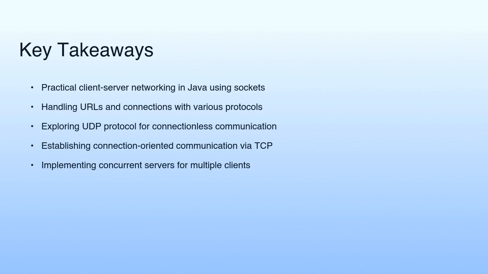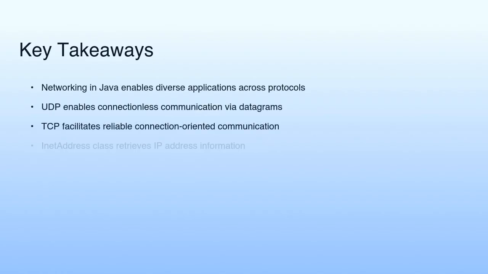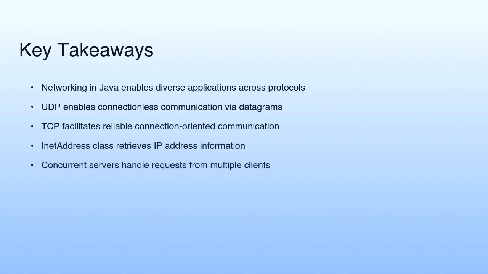connections with various protocols, exploring the UDP protocol for connectionless communication, establishing connection-oriented communication via TCP, and implementing concurrent servers to handle multiple clients. In summary, networking in Java enables diverse applications across protocols, with UDP enabling connectionless communication via datagrams, TCP facilitating reliable connection-oriented communication, the InetAddress class retrieving IP address information, and concurrent servers handling requests from multiple clients simultaneously, unlocking a wealth of